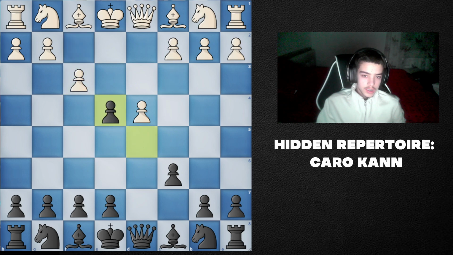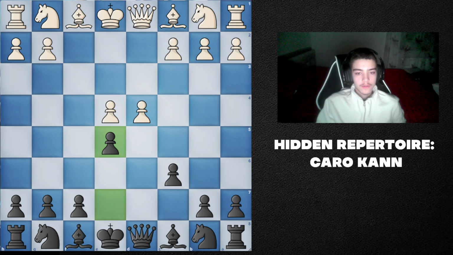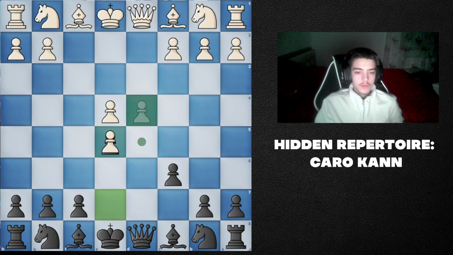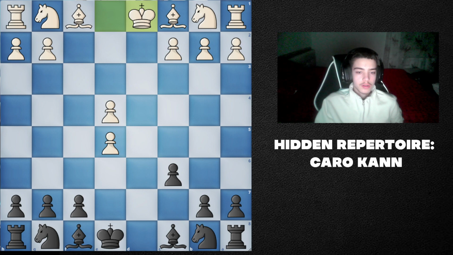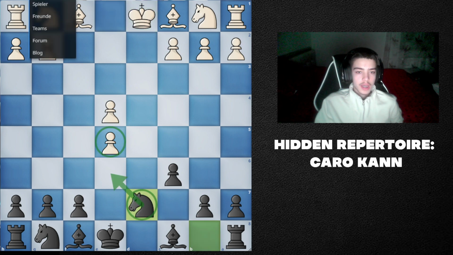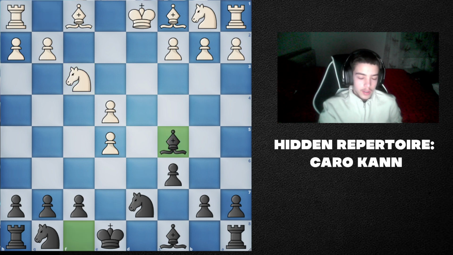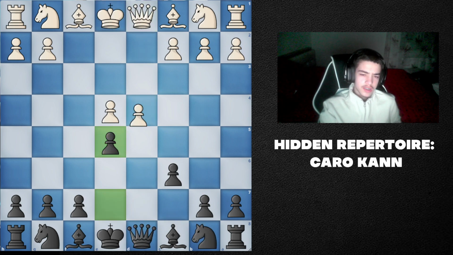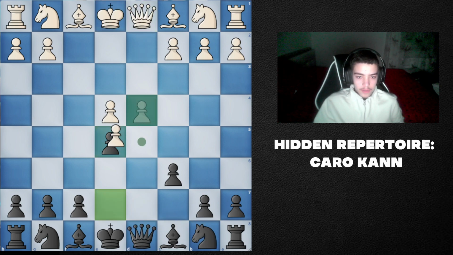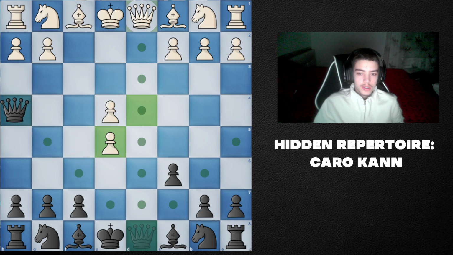A nice idea is just to take, and after they take back, you have this beautiful move e5. Well, you may think, I just give a free pawn, and even though I cannot castle, it's not really that bad, because they can hang on to the pawn, and I can't really do much, right? No, that's not why you play e5. The reason you play e5 is that after they take, you are simply going to give